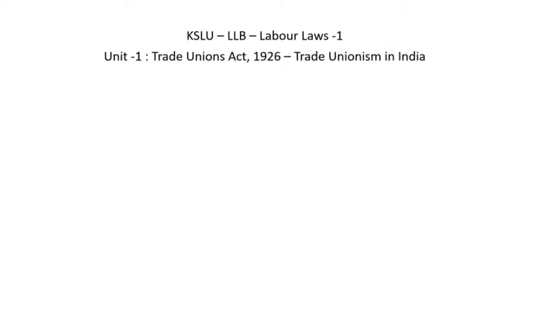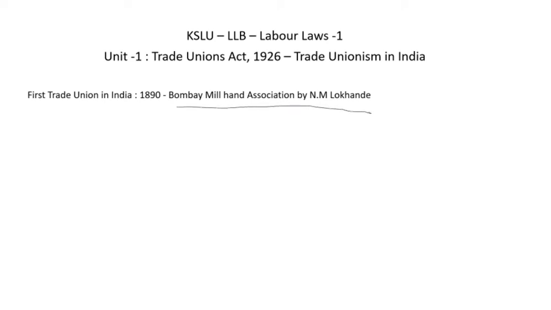India. Okay, so in India also the manufacturing process started somewhere in the mid of 19th century, where Bombay and Calcutta were key manufacturing hubs for the textile industry. And after that, it spread into Surat and Chennai, or Madras at that time, as key hubs for manufacturing activities in India. The first trade union set up in India was the Bombay Mill Hand Association, which was set up by N.M. Lokhande in 1890.